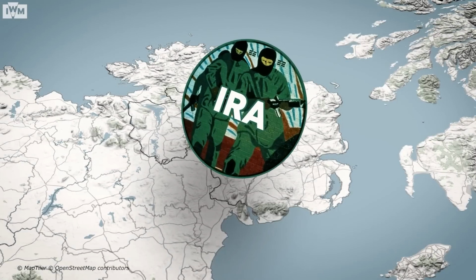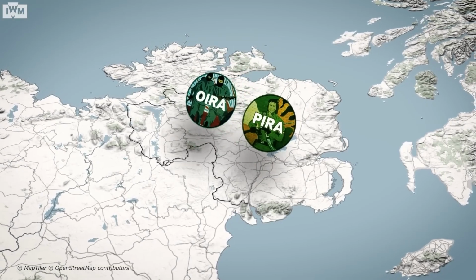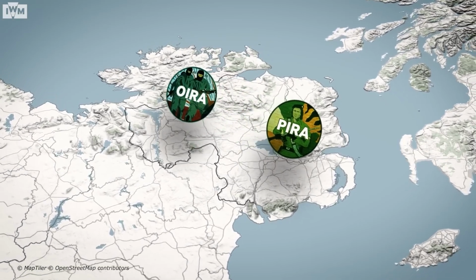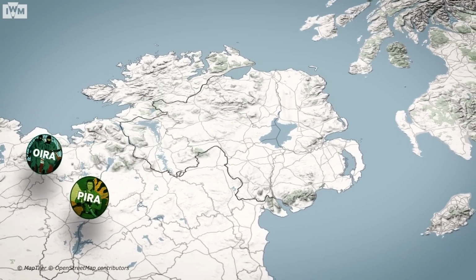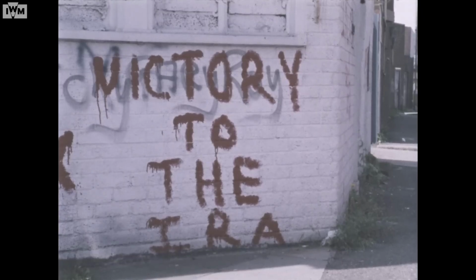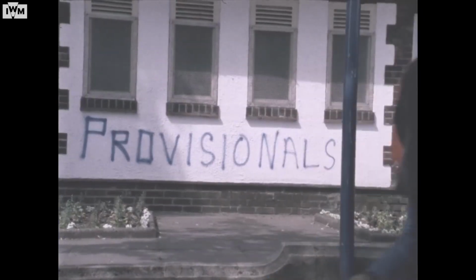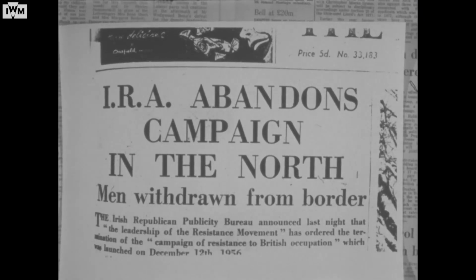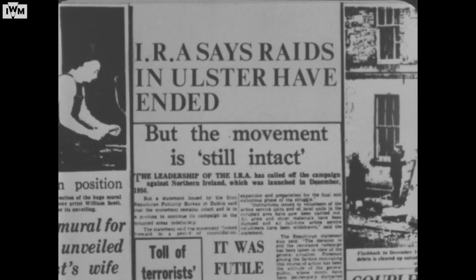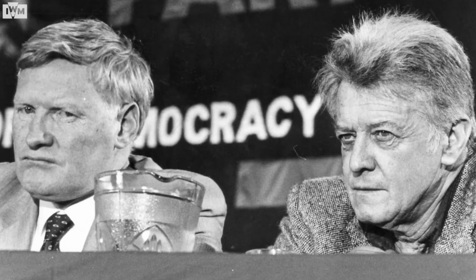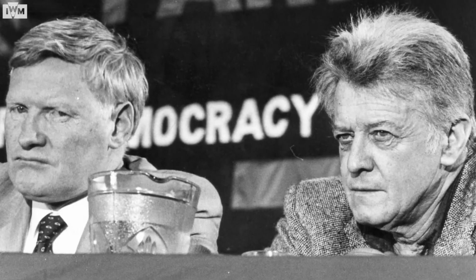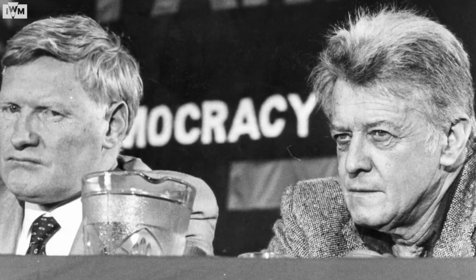In 1969, the IRA split and a breakaway group who called themselves the Provisional IRA formed. Divisions in the IRA had been growing through the 1960s. In 1962, the new IRA Chief of Staff, Cathal Golding, sought to move the IRA in a different direction. He was keen that the movement become political in its outlook rather than one that relied on armed struggle, which to traditional Republicans was seen as a betrayal of their cause. They saw their task as the defence of nationalist communities and the expulsion of the British from Ireland.